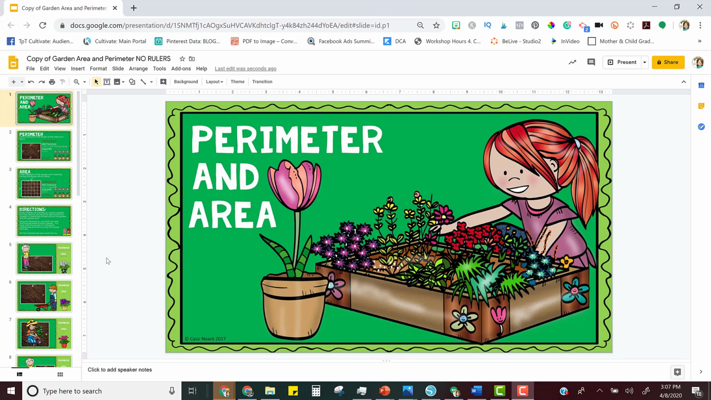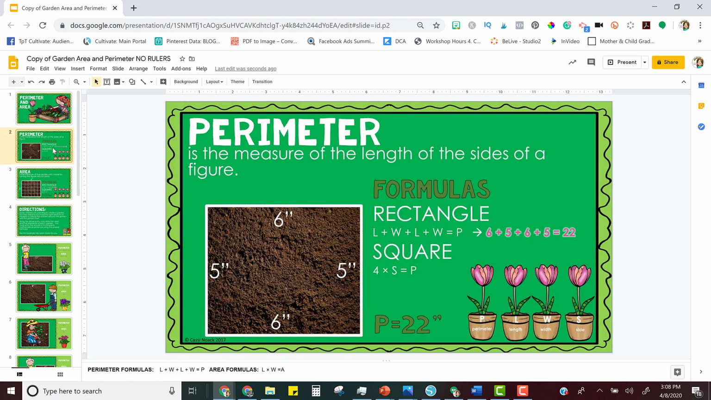For this activity, you are going to find the perimeter and the area of several different gardens. So before we get started, let's review what area and perimeter are. Perimeter is just the measure of the length of the sides of a figure. Here we see that this rectangle has 4 sides, and the perimeter is just adding all of the 4